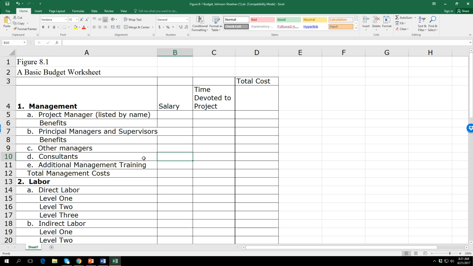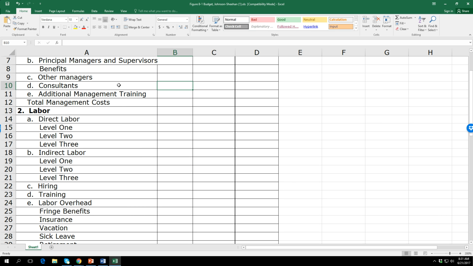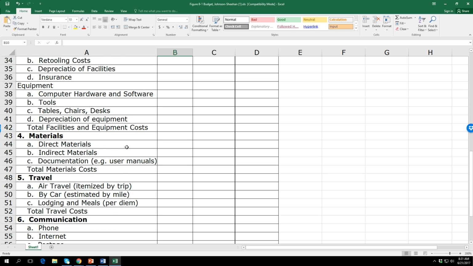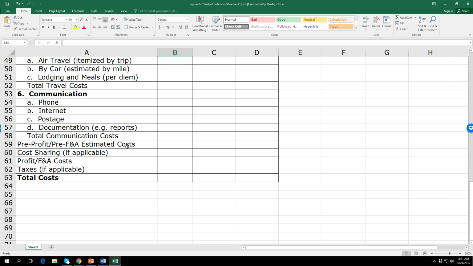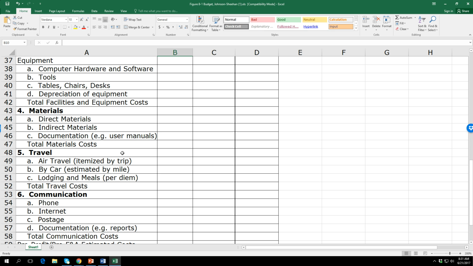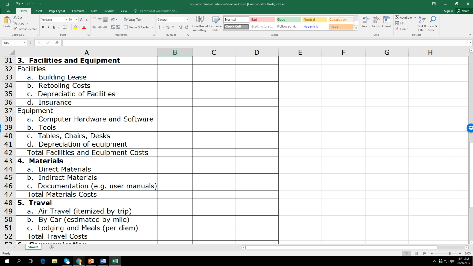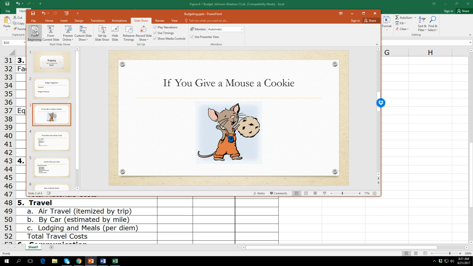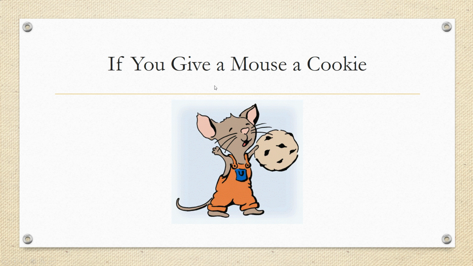So when you look at this worksheet, you can see many different areas. And what we're specifically going to look at are things like facilities and equipment, materials, travel, communication, the individual cost for these items. Let me go back up here. My apologies. So in order to do this, we really want to emphasize that if you give a mouse a